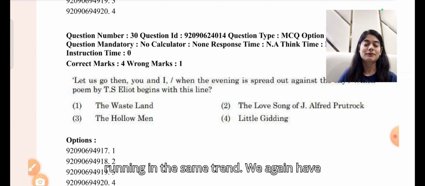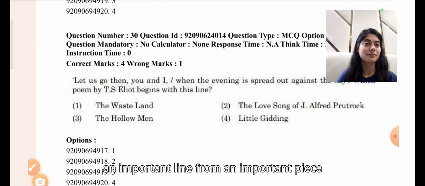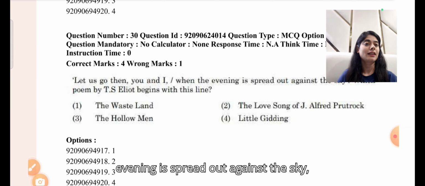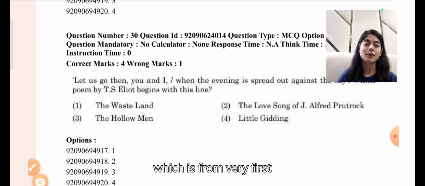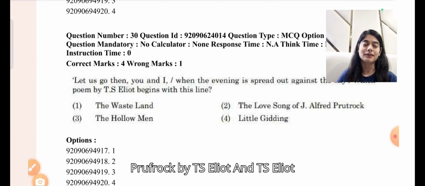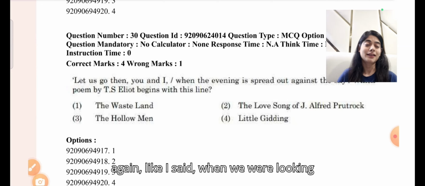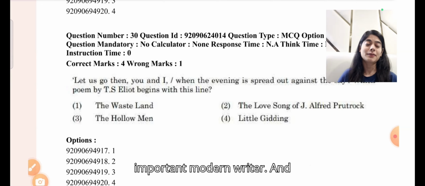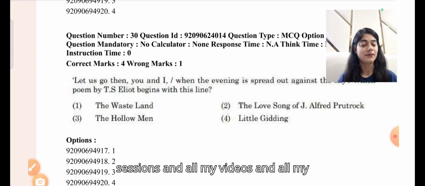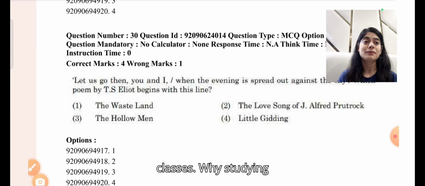Look at this, another very similar question from the same question paper, running in the same trend. We again have an important line from an important piece. "Let us go then, you and I, when the evening is spread out against the sky," which is from the very first lines of The Love Song of J. Alfred Prufrock by T.S. Eliot. And T.S. Eliot, again, like I said when we were looking at Virginia Woolf, happens to be an important modern writer. And that's why I constantly repeat in all my sessions, in all my videos, in all my classes,